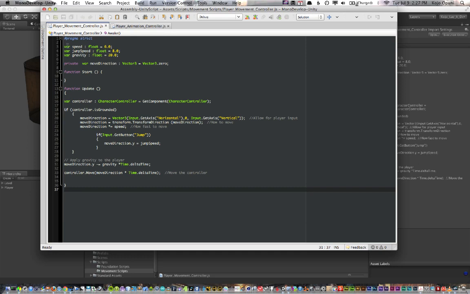So there are many variables. You see over here, variable speed, which is just a float, variable jump speed, which is a float, initially set at 8.0. Gravity is set as a float, by default 20.0, and I also have another variable, a private variable, move direction, which is taking information from the Vector3. So it's a Vector3 variable, move direction, and it's set to Vector3 zero, which means